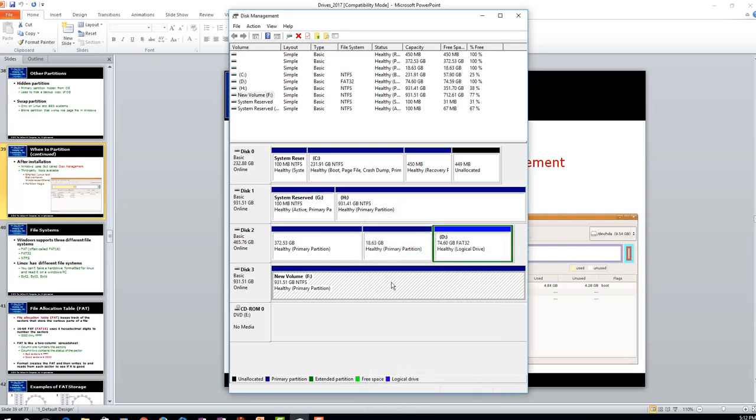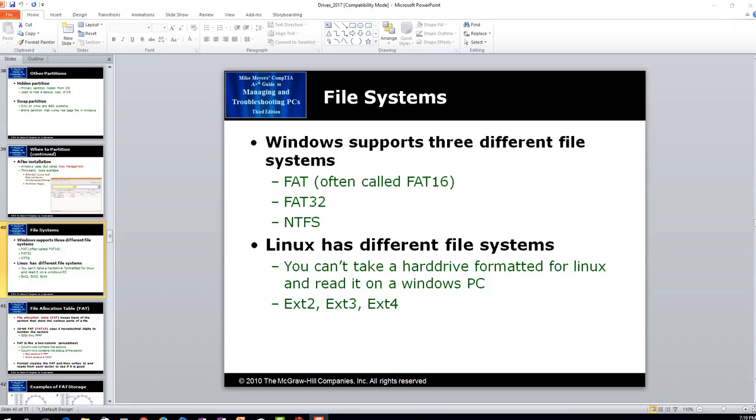Again, a 1 terabyte drive is just used to store data. So once the disks are formatted or partitioned into tracks and so forth, there's also a need to organize it into a file system. And so each operating system has a certain type of file system it likes. And the file system,